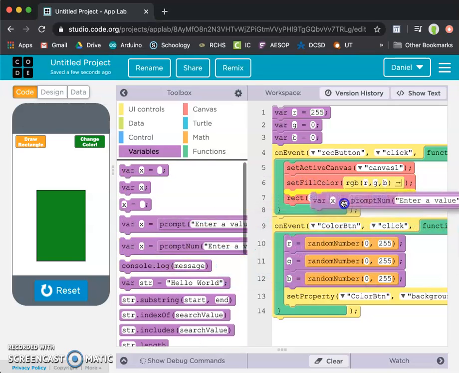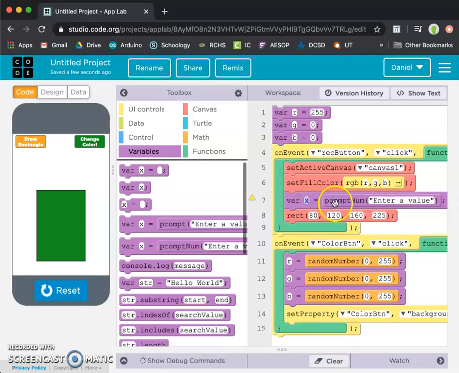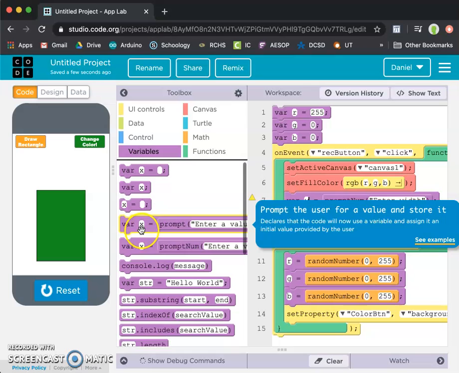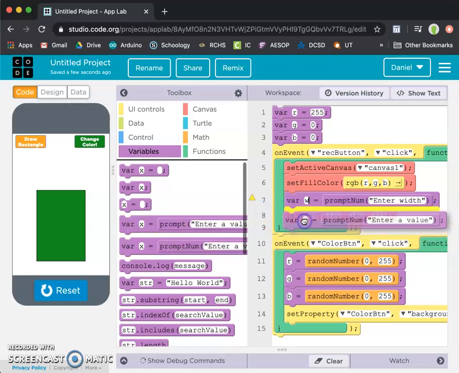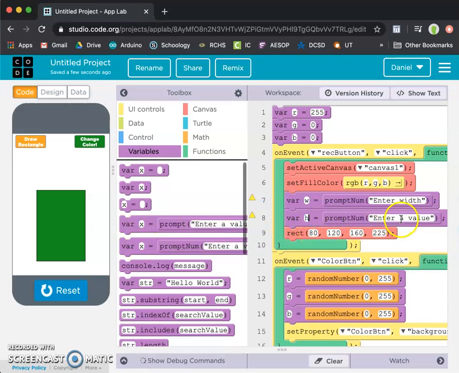I could say, when I click, I set the fill color, and then I'm going to ask, I'm going to say, enter width, and call that W. And I'm going to do it again, and call this H, and say enter height. And then I'm going to set the width to W and the height to H,